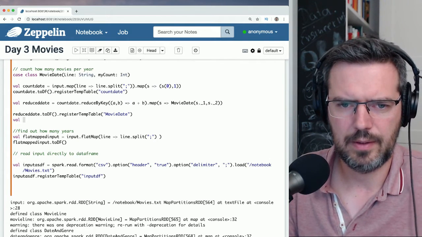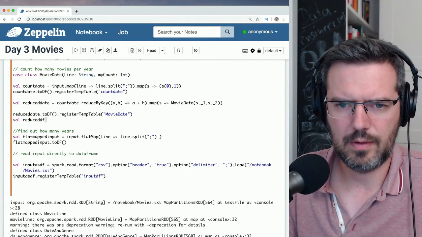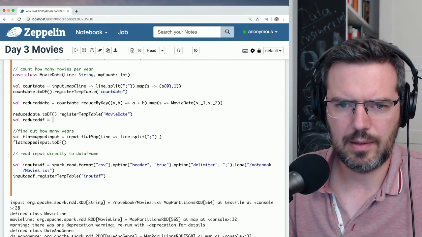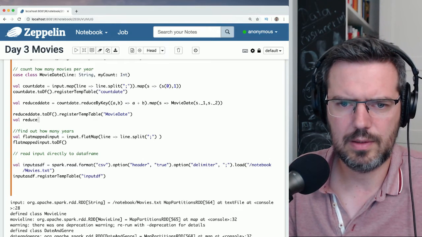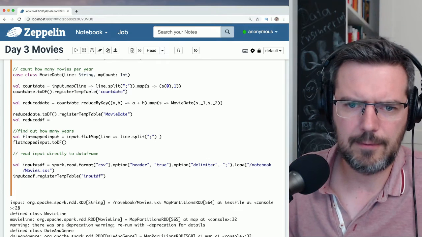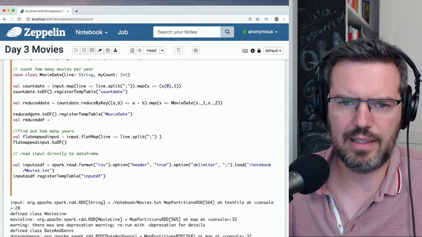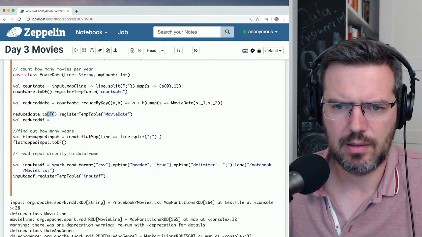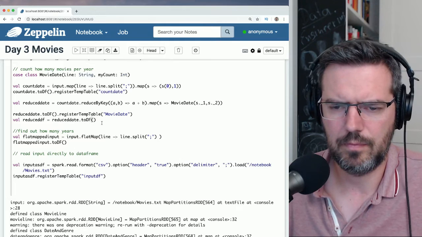Well, a reduced data frame, df, reduced df equals. I'm not sure if I need to do this or if I don't need to do this.